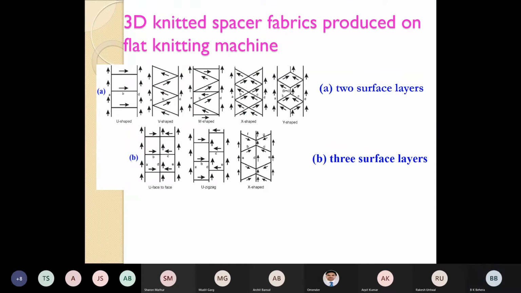So this is a schematic diagram of 3D knitted spacer fabric produced on a flatbed knitting machine. And you know how we represent this: top skin, bottom skin, and connecting threads. It is even possible to produce double layer fabric, so instead of two skins, there is an intermediate skin also. So you can make this type of cell double layer. There is a possibility to make this cell not only in rectangle shape but in trapezoidal shape, diamond shape. So there are so many variations. One can produce spacer fabric of different variations.